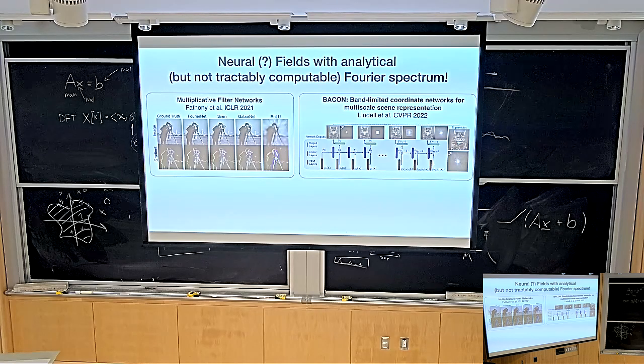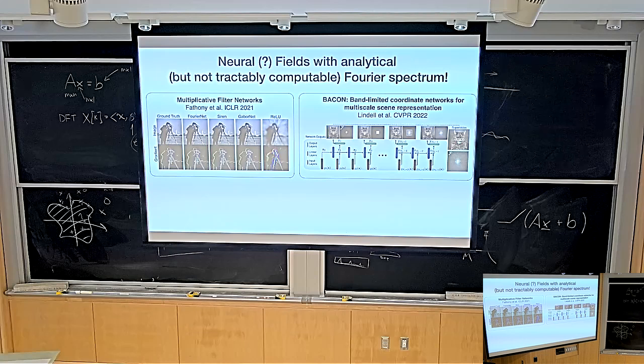But if you used your neural network to parameterize a signal, wouldn't it be grand if you would have access to the Fourier transform of the function? So let me give you an example why you might care about that. Let's say you knew that the signal you were interested in had a particular structure in the Fourier domain. For instance, it didn't have any high frequency detail. Then what you really would like to do is fit your neural network to that signal, and then regularize it to not have any high frequency detail.